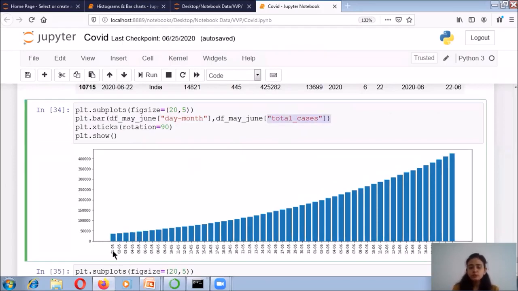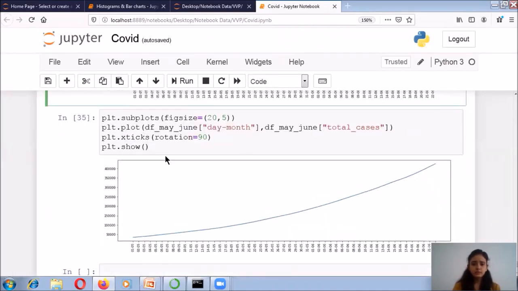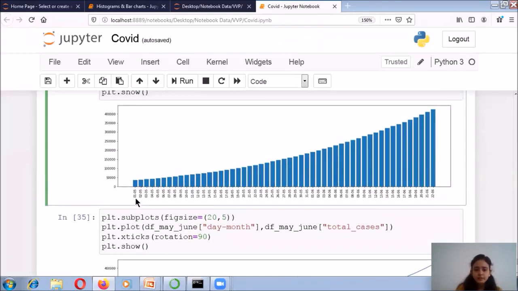I want to know my total number of cases day wise. So I am starting over here. If I zoom out, then you can see easily. It is showing 01-05. So on the first day of May, what was the total number of cases in India? It was below 50,000. As time passes, you can see that my graph increases exponentially like this.